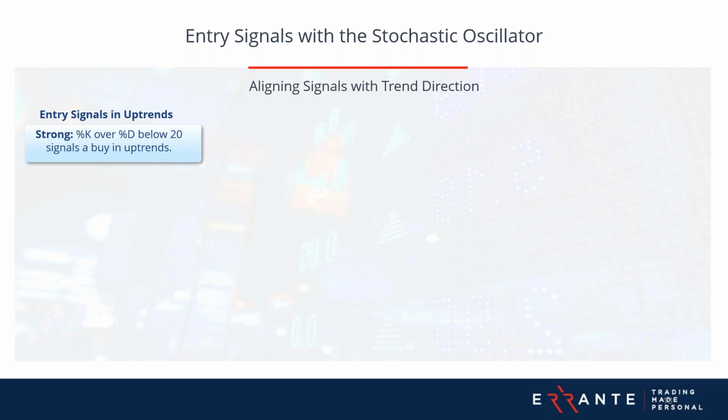Now let's take a look at the bullish signals that you can generate using a stochastic oscillator. For bullish markets, the strong signal is when the %K crosses above the %D line from below 20, highlighting a shift from oversold condition back into momentum, a prime opportunity for going long. Similarly,